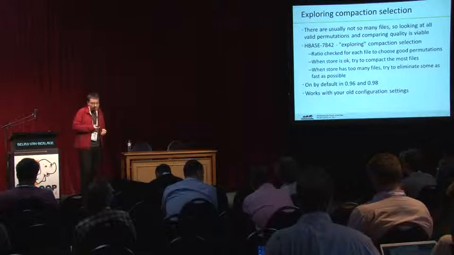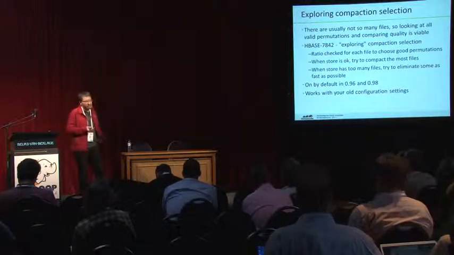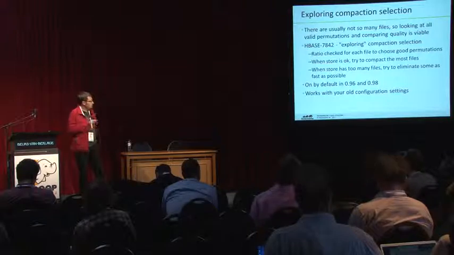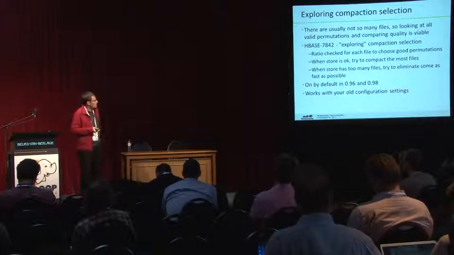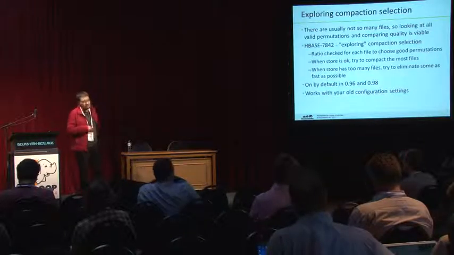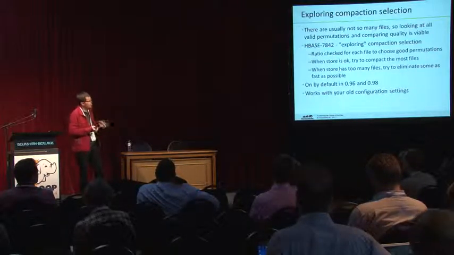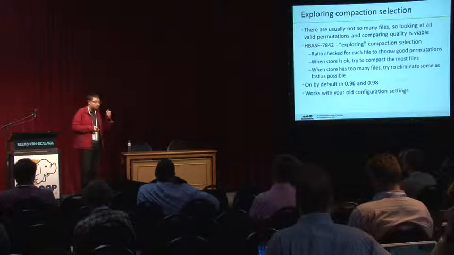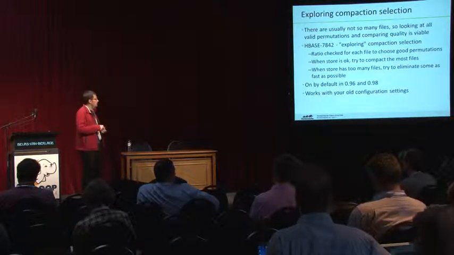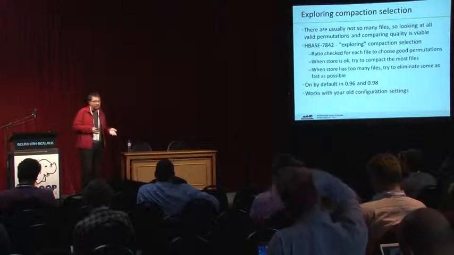So the first compaction policy is what's called the exploring compaction policy. This is the default compaction policy from 96 and 98 and forward. To understand this, we have to look into the previous default compaction policy, which is the ratio-based compaction policy. This is still using the same algorithm as the ratio-based compaction policy, but as the name implies, it's exploring. Okay, so what it is exploring is the fact that the